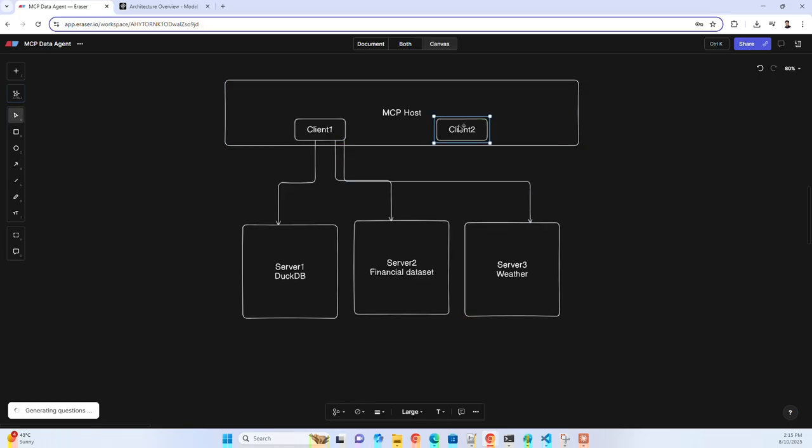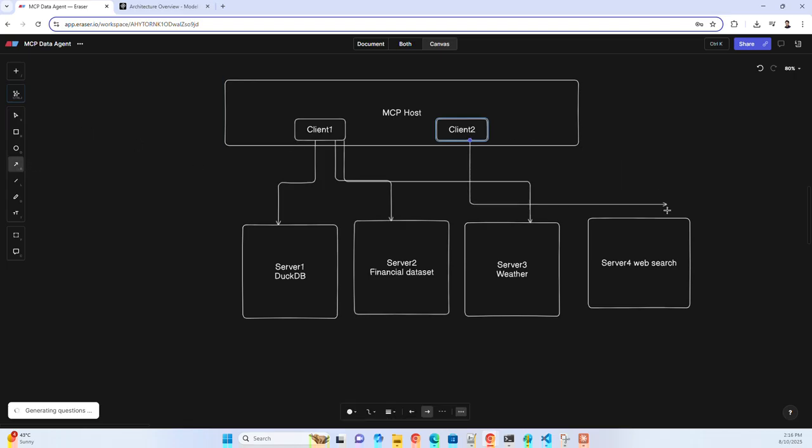And for this client, for example, you don't need weather, and there could be more servers, like server 4 that can be used for web search, for example. But this client too doesn't need a database, so what you can do is you can connect this server, or you can connect financial data sets as well. So that's it. This is how this MCP client architecture works, where the server can pass all the tools,